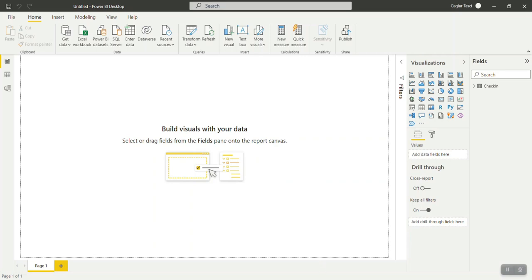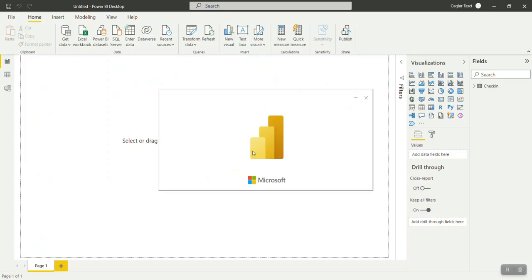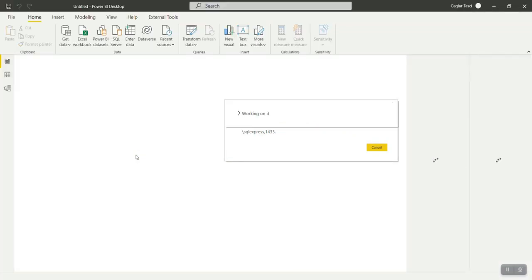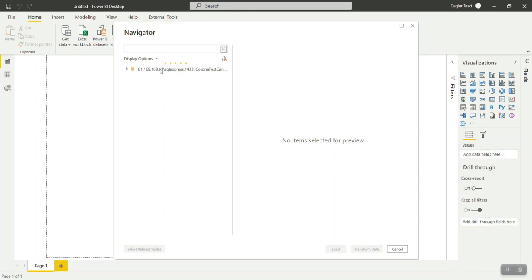I have already saved my connection because I created it earlier, so I'm just going to open my earlier connection and connect through the tables that the connection will give me. Once it opens up, it will give me a list of tables, where I will be working with only one table, which is called the check-in table. I will be using the search option and choosing check-in.